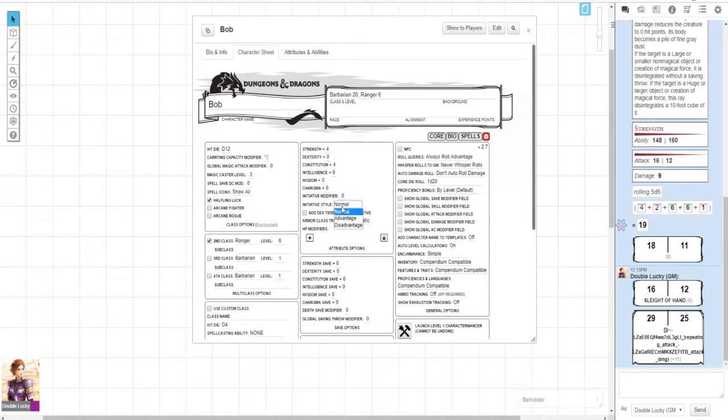Initiative style, with initiative, this will actually roll only once as opposed to twice like everything else. So if you have advantage, all you need to do is just go to advantage or disadvantage here, and you're good. And remember, add Dex Tiebreaker to initiative. Armor class tracking, automatic. I recommend keeping this on because if you drag and drop certain pieces of armor, it will already have that there. But if you are, let's say, a monk,